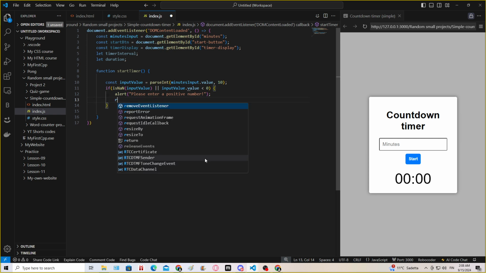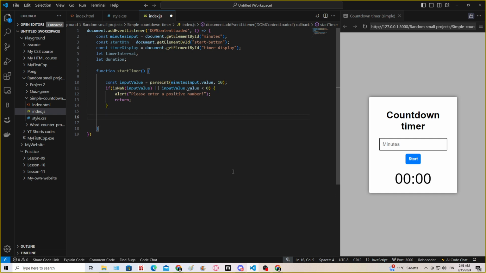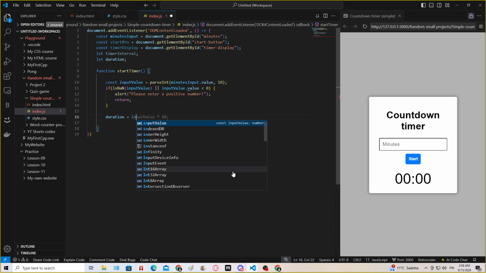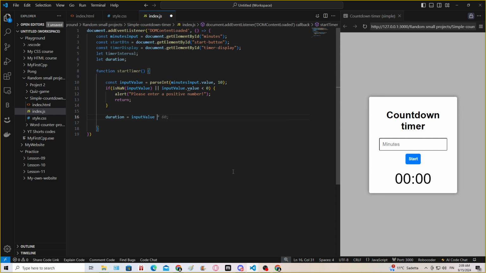Not over there, but like that. Alright, and then we'll go here and we're gonna make the duration equal to our input value times 60, and timer is duration,